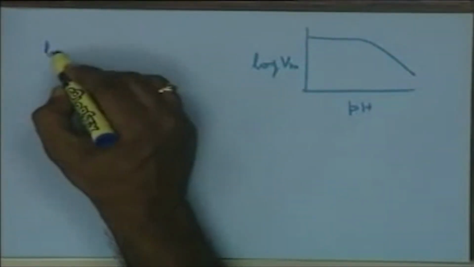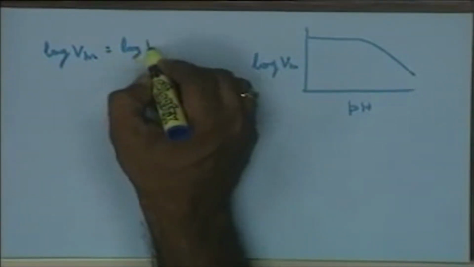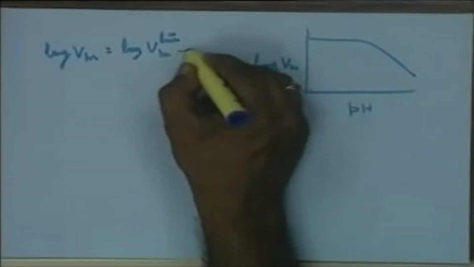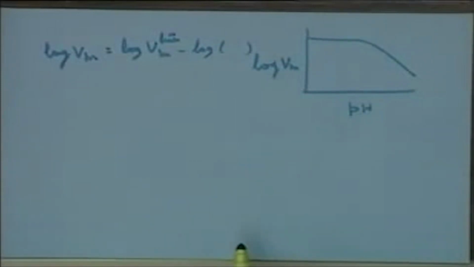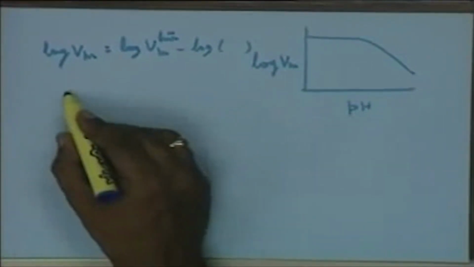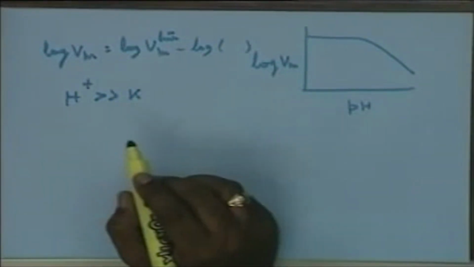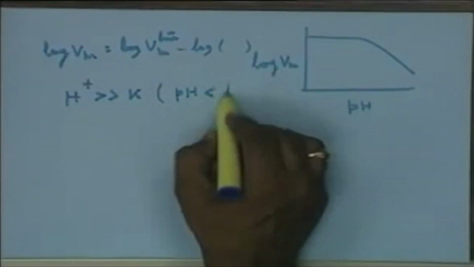Now, if you take logarithm of both sides, log Vm is equal to log Vm true minus log of the term in the parenthesis. If you just consider the extreme conditions, that is when the hydrogen ion concentration is much greater than the ionization constant, or in other words the pH is smaller than pK,